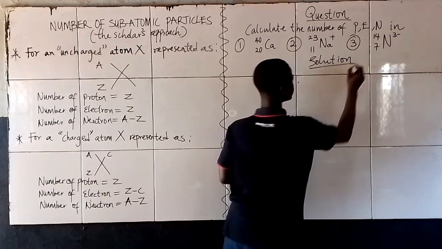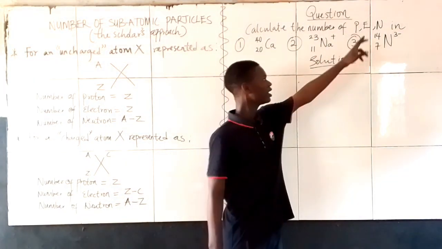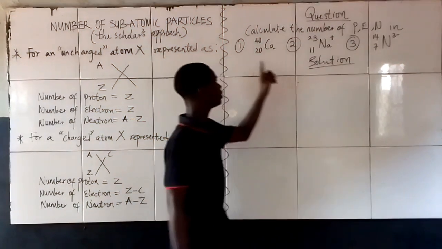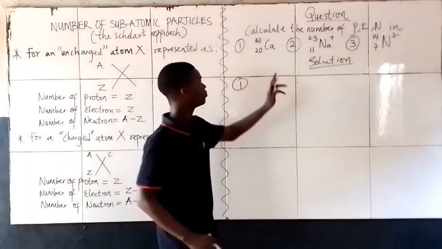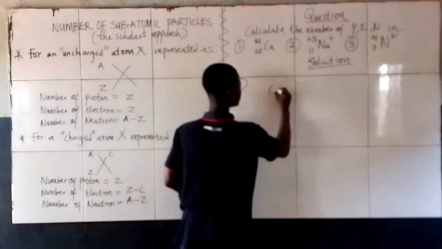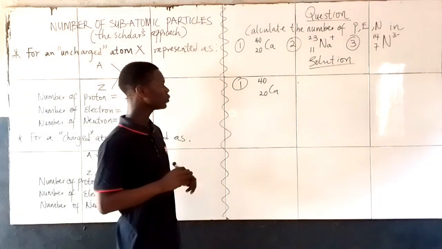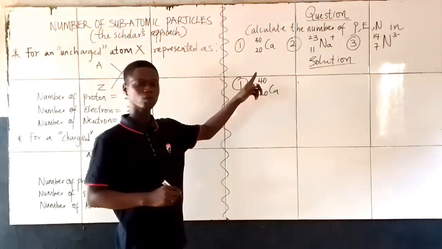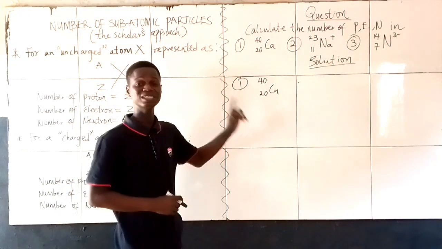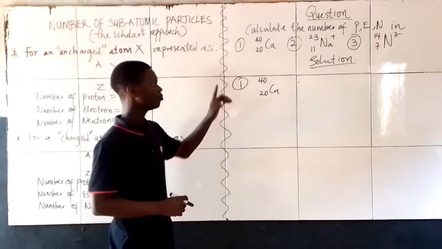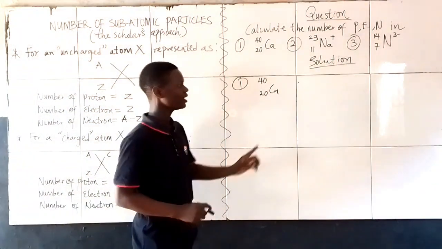Solution. Let's read the question together. They said, calculate the number of protons, electrons, and neutrons in 1. What was mentioned? Ca is calcium. So we write it as Ca 40 and 20. This was what they gave us. Now, how do you get the number of protons, electrons, and neutrons for calcium carrying a mass number of 40 and an atomic number of 20? Because, emphasis, because this atom is carrying no charge here,